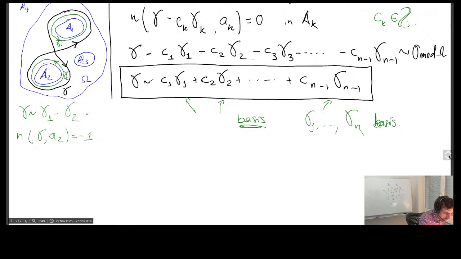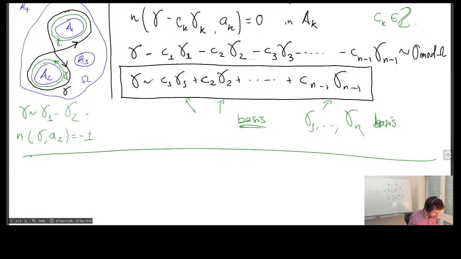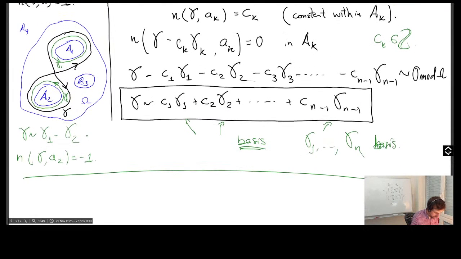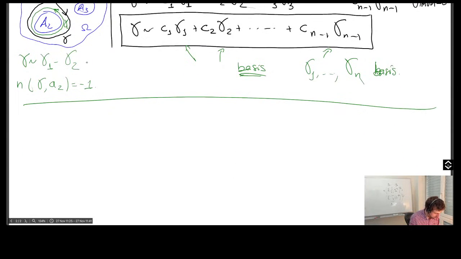Let me just make sure I don't forget anything. Give me just 1 second. Okay, and now, yeah, I was wondering if I should say any words about cohomology and so on, but I think I will decide not to. Maybe I can chat a bit about this if there's any questions afterwards.